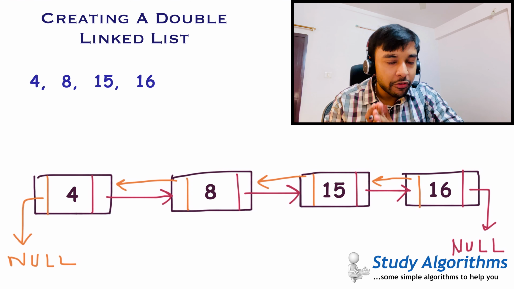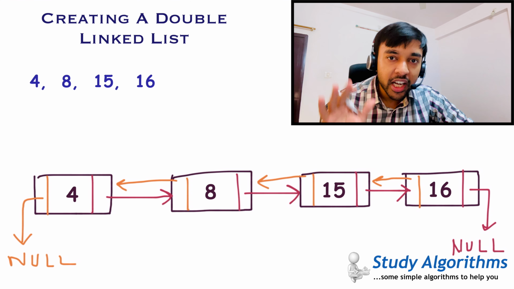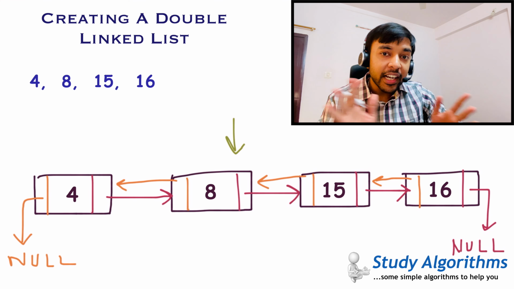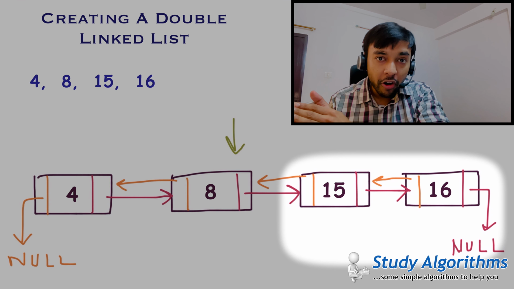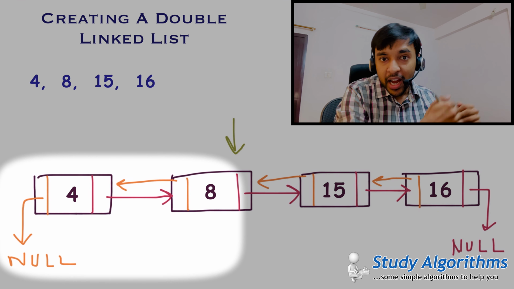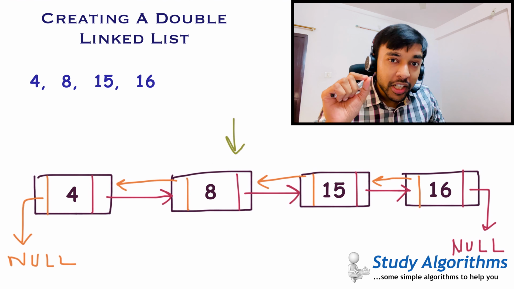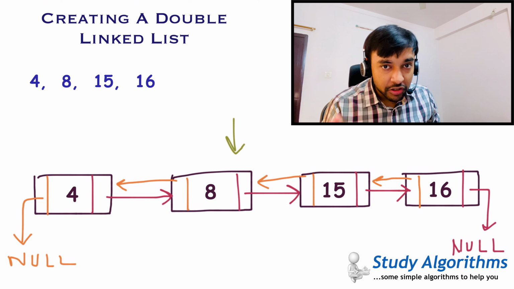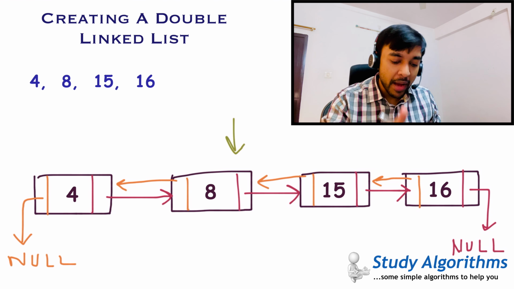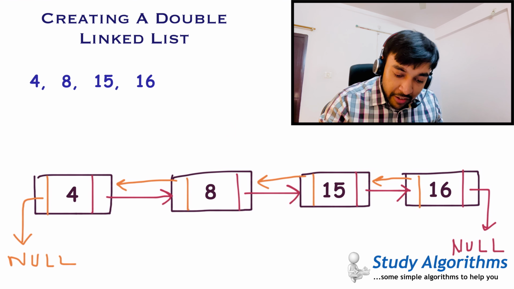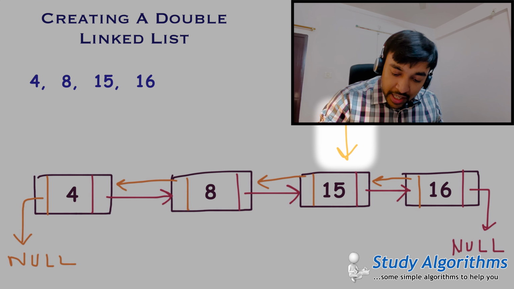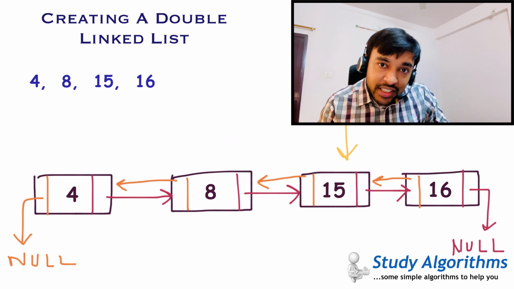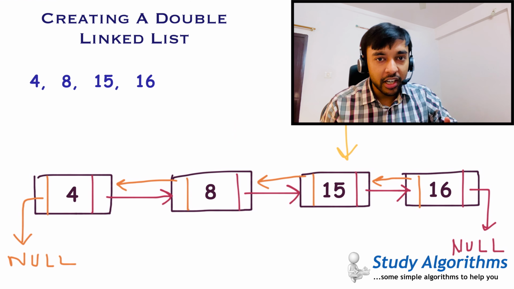Now look at this list once again. No matter where you are, let us say I am at this pointer, I can iterate in any direction. I can go forward until I reach null, or I can go backward until I reach null. So this is giving me a very good advantage over the single linked list. If this was a single linked list, you couldn't have gone in the backward direction. Similarly, if you are at pointer number 3, then too you can traverse in any of the directions. So this is how a double linked list is very advantageous.